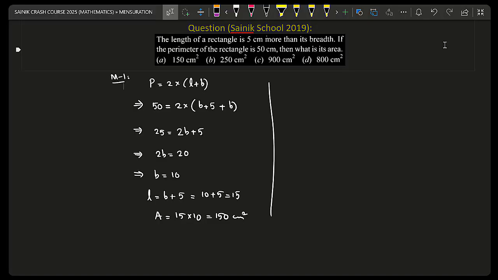Okay. Sir, b into b is equal to b square. Sir, b into 5 is equal to 5b. Sir, the perimeter of, then the sum of the adjacent side is,